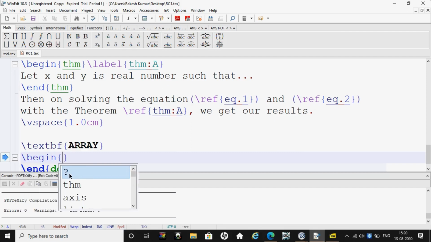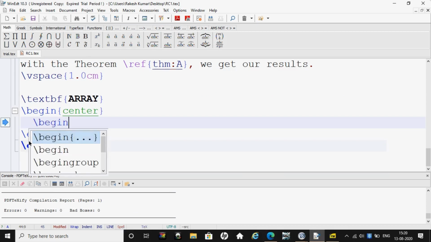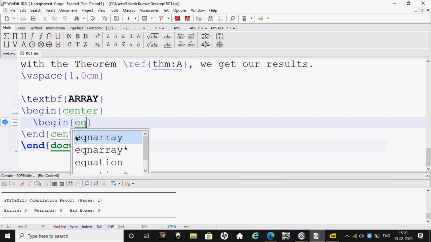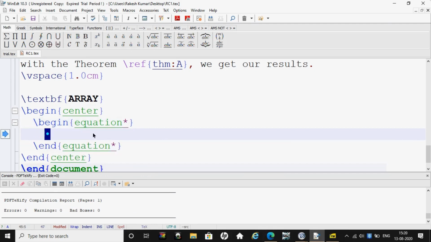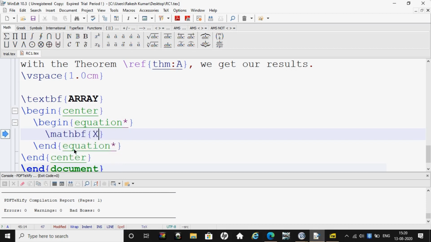For that we have to use \begin{center}, then there must be another command, that is end center, so we have to write in between these two commands. Then we have to use begin equation star. Here we are not writing the equation, but I am writing equation star because we are not interested in the numbering of the equation. Then we have to use \mathbf{x} is equal to